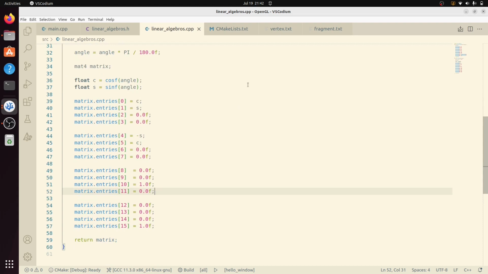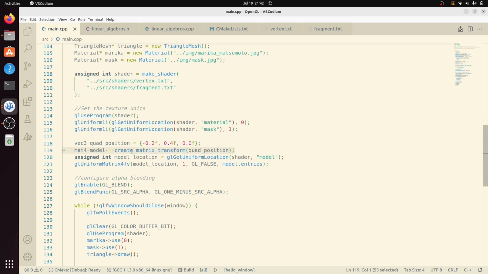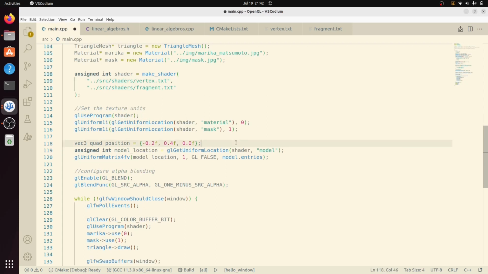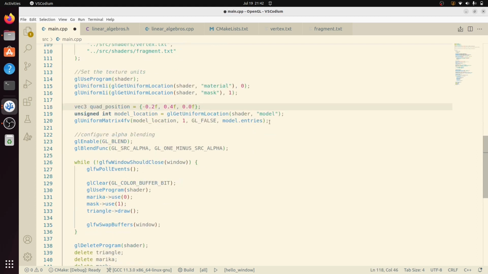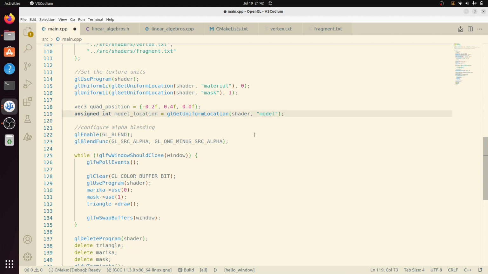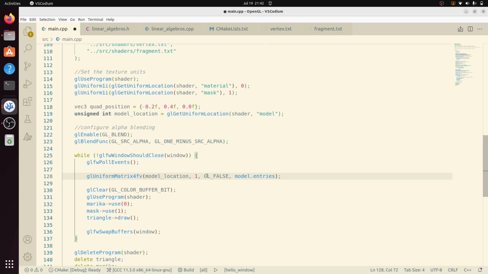Cool. So let's go ahead and use that. So we'll just go off to the main, and we'll get rid of this model. We'll keep the quad position there. We might need it later. We'll get rid of this as well. We're actually going to be updating this every frame. So I'll just put that inside. Okay. And yeah, let's